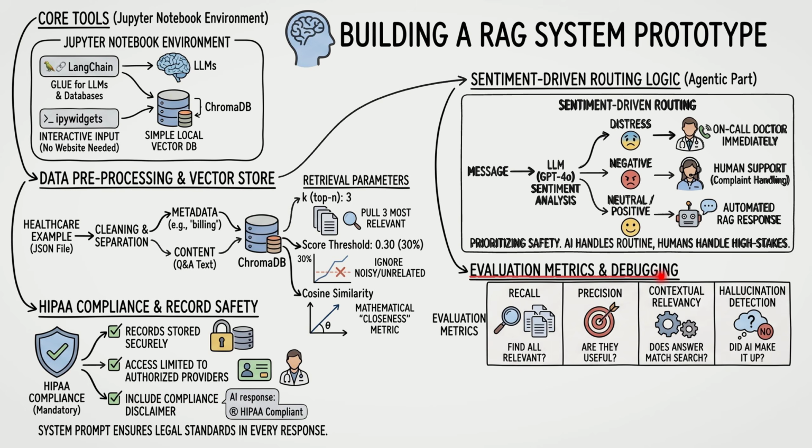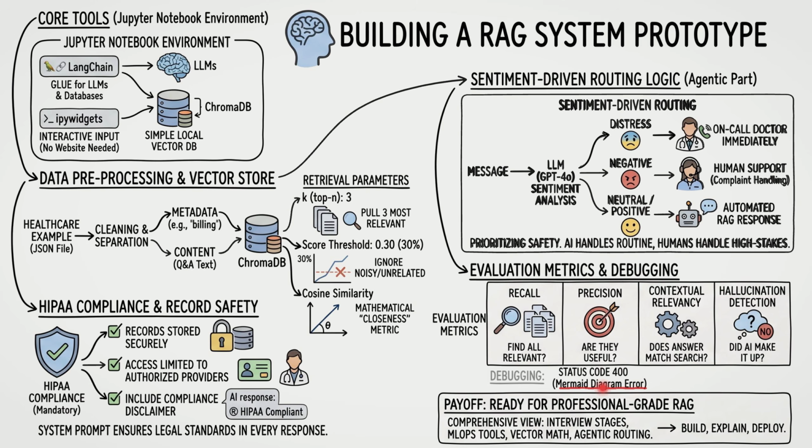Finally, we look at evaluation metrics and debugging. We check 4 key areas: recall, asking if we found all the relevant info; precision, asking if what we found was useful; contextual relevancy, seeing if the answer matches the search; and hallucination detection, making sure the AI didn't make anything up. If you hit a status code 400 while debugging, it's often just a syntax error or duplicate node name. And that brings us to the payoff. You now have a comprehensive view of how to build, explain, and deploy a professional-grade